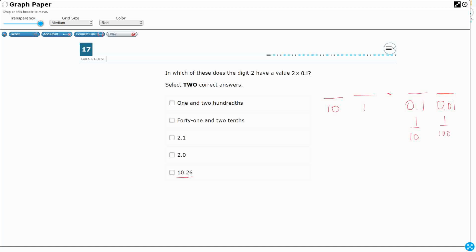I'm looking for something that has a 2 times, see, this tells you the place, right? So I just want to put a 2 right there. So all we need to do, we're going to find two different answers. So 1 and, okay, this "and" is the decimal. So when we say 1 and,